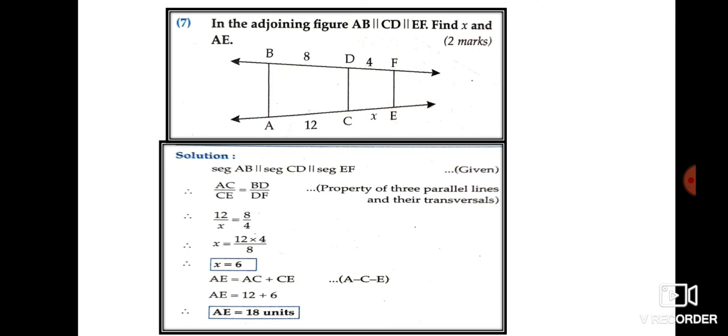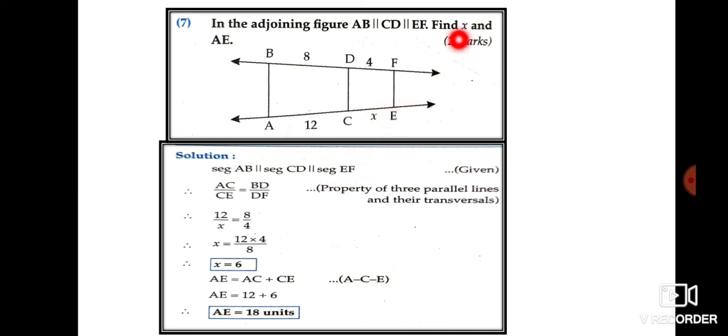The seventh sum is similar to the fifth sum we did. In the figure you can see 3 parallel lines: AB parallel to DC parallel to FE. They have given BD as 8, DF as 4, AC as 12 and CE as x. So we are going to write the solution. Line AB parallel to CD parallel to EF, so you have AC upon CE equal to BD upon DF. Substitute the values, cross multiply, calculate and you get the value of x as equal to